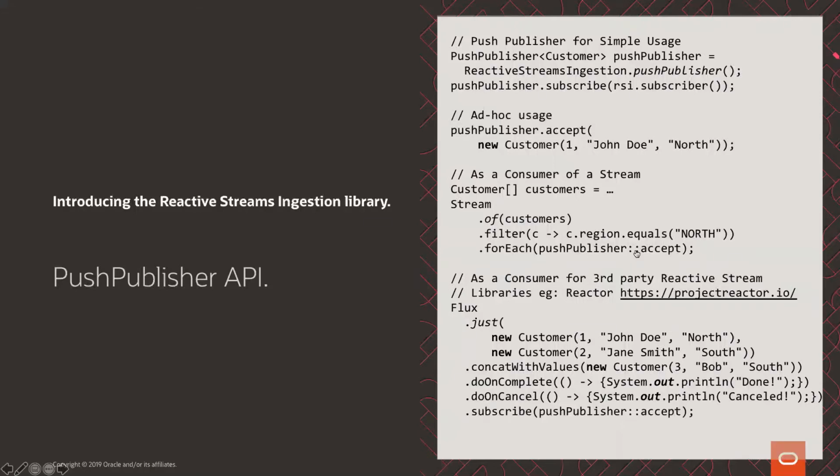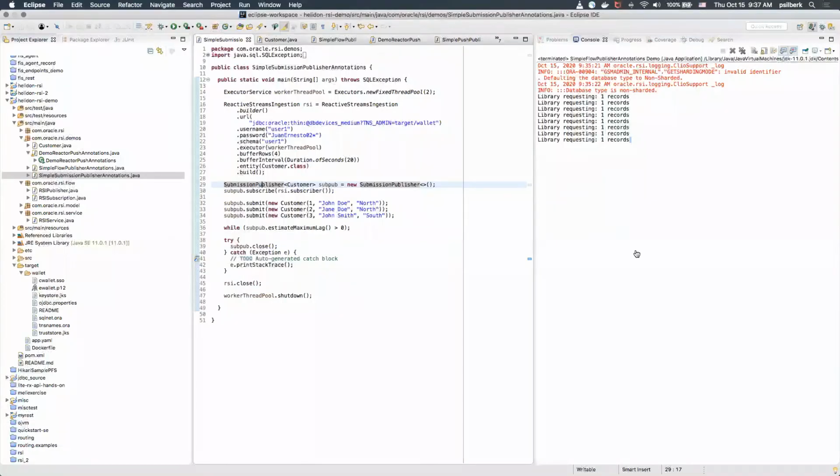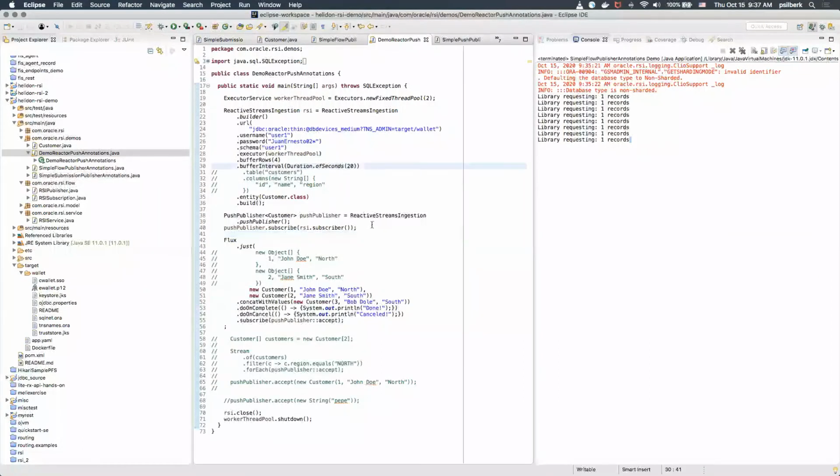Let me show you one very important example. If you use the push publisher, and we are going to send 3 records. If you say that your buffer is only going to be 2, then with the push publisher, when the buffer is full, the only thing it can do is to raise an error because it doesn't know what to do, right?